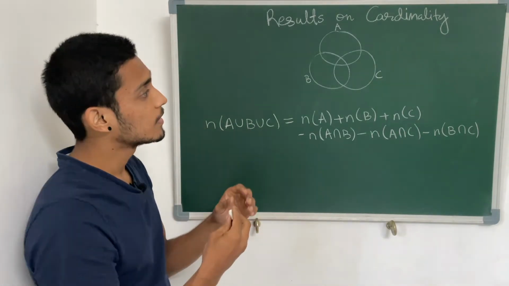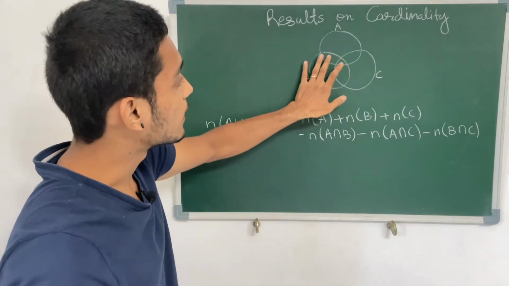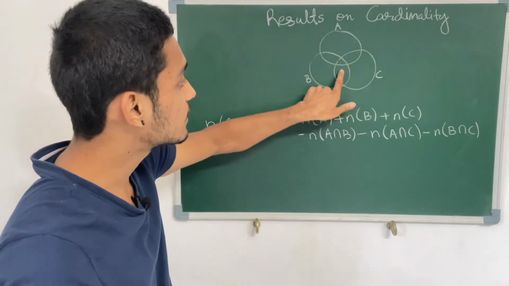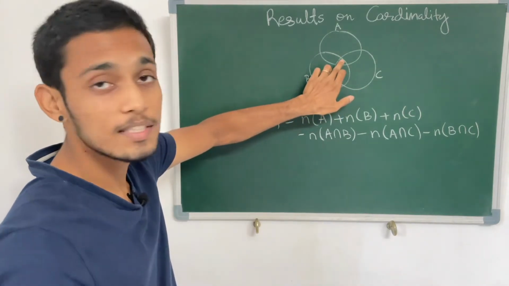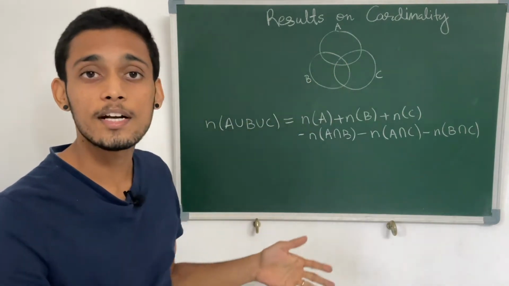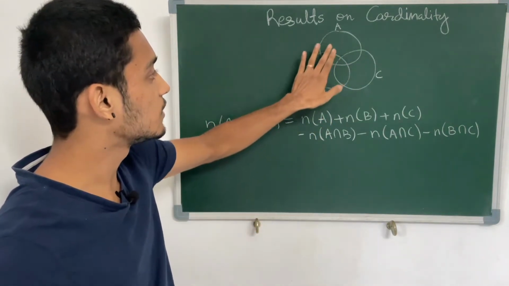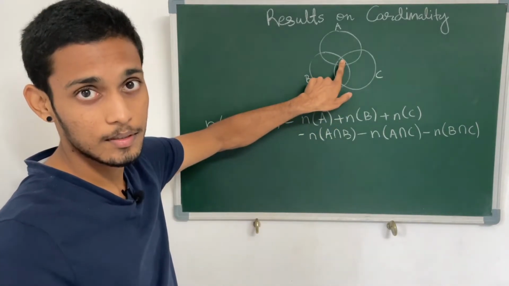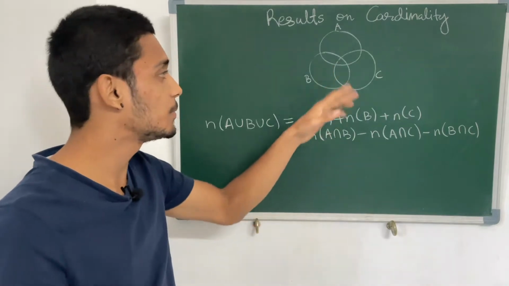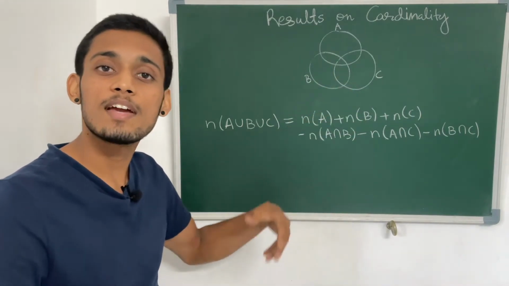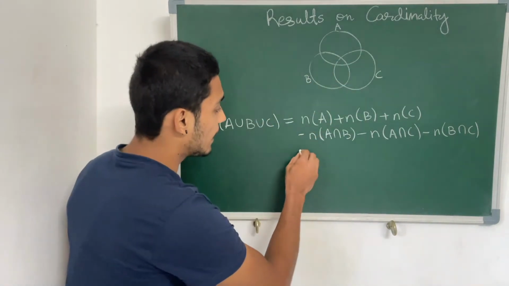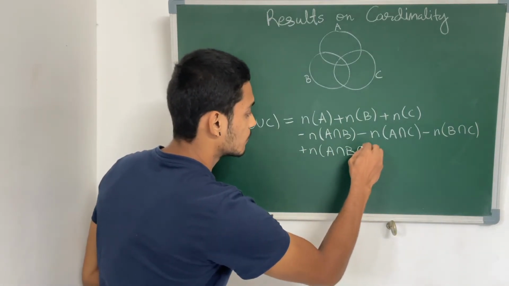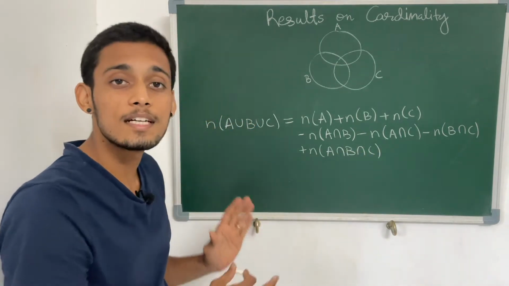So now if you notice, we have removed this region once. So we have removed this area, then we have removed this area, and we have removed this area. So 3 times we have removed these common elements. So these elements are not counted at all till now. Once we remove from this intersection and this intersection, these elements were repeated 3 times. So if we remove them 3 times, then these elements are not counted at all now. So basically we have to add those elements back. So we are adding the intersecting elements between the 3 sets. So that is how we get this result for 3 sets.